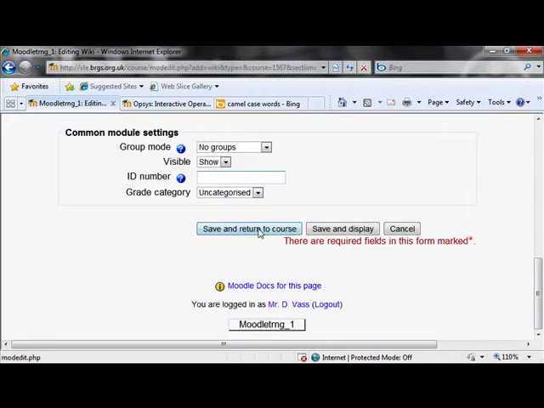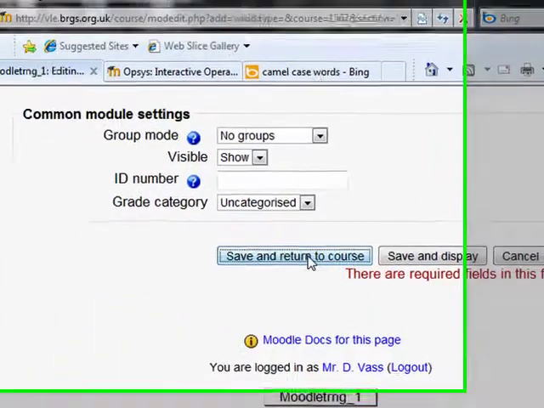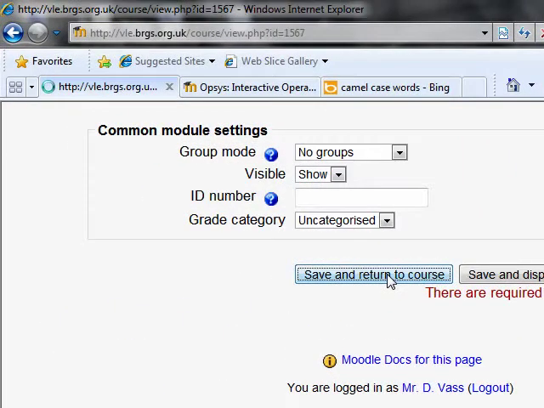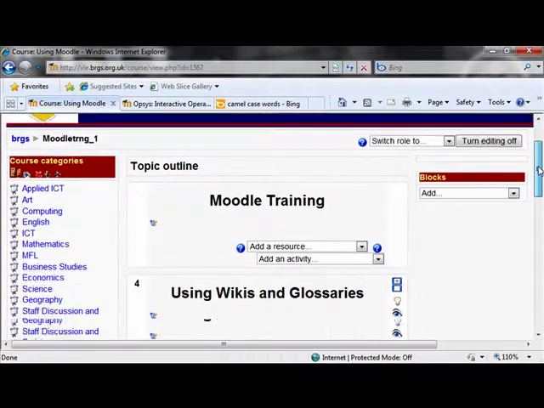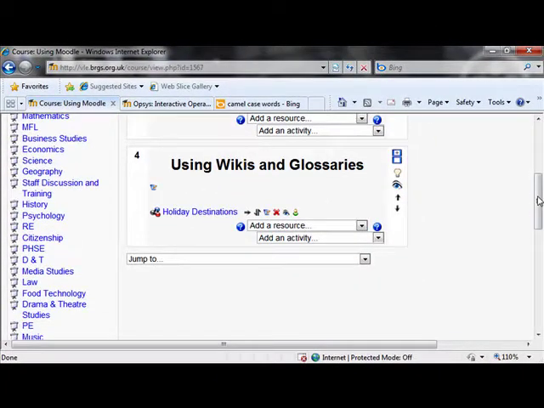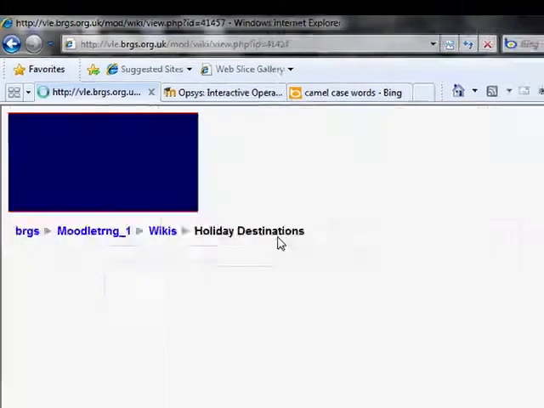And then if I click on save and return to course, we can see that wiki has been created. Now of course that wiki at the moment is empty, no entry has been made, so maybe I'll go in and start this wiki off and then invite other students to go in and make some changes. So I'll click onto the wiki,